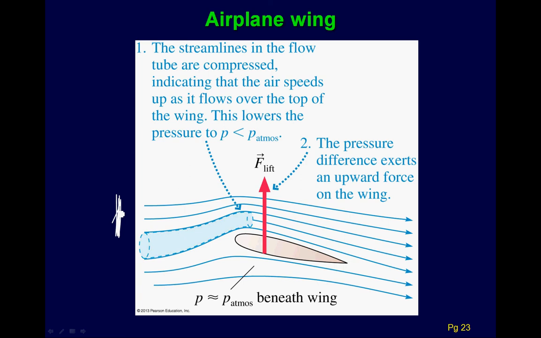The air above the wing is compressed. Here's a little picture showing that it gets compressed, and so it's like that hose. The area gets smaller, so the air has to travel faster on the top part of the wing. Since it's faster on the top part of the wing than on the bottom part, the pressure on the top is less than the pressure beneath the wing. Since the pressure is less, the result is a force upwards on the wing